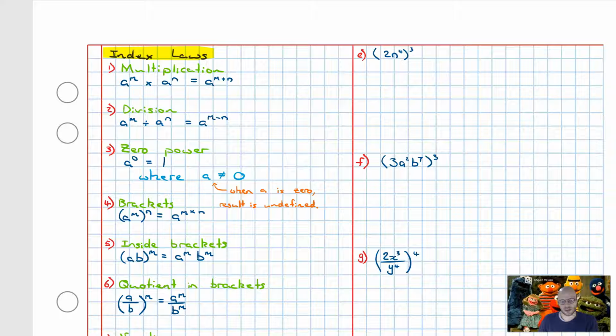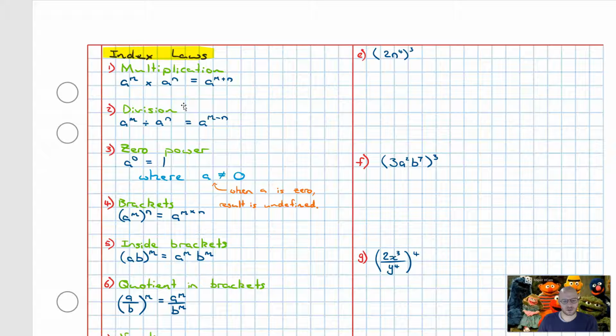Now, index laws are simply shortcuts that we use to modify the appearance of algebraic statements. In most cases, we do it to make the algebraic statement easier to understand or work with. Of which we have a number of different index laws that we can employ. Now, the simplest ones are multiplication and division. So these are some intuitive laws that you would have done multiple times when you were doing simple Year 7